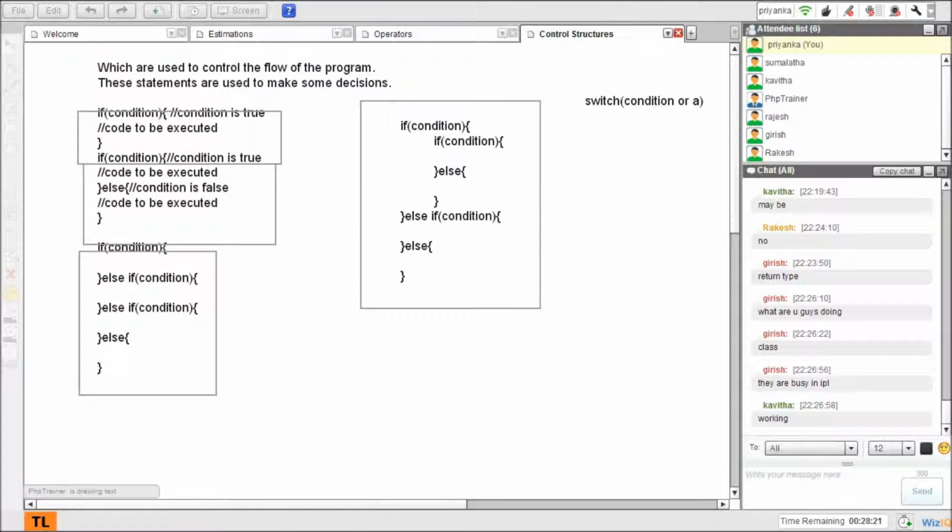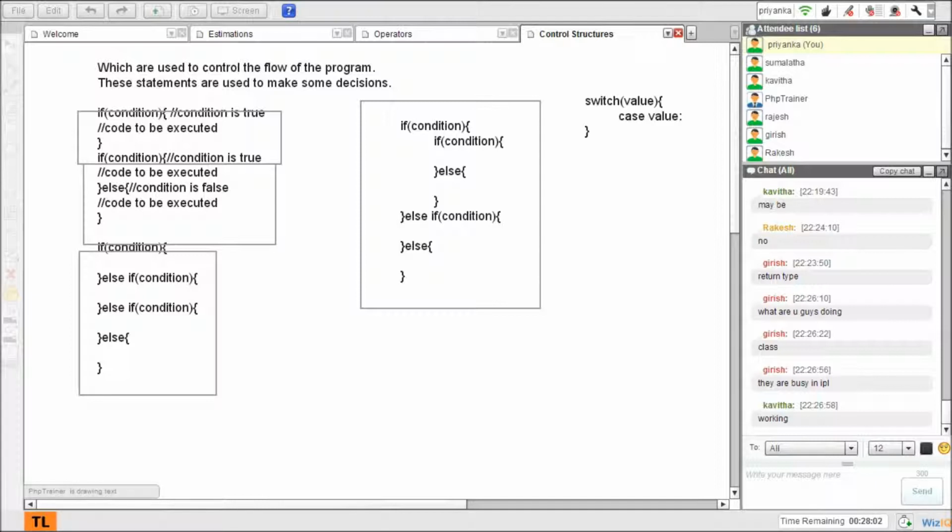Usually it will be a value, actually, not a condition. Then you write case, then a value. Then here the code to be executed.